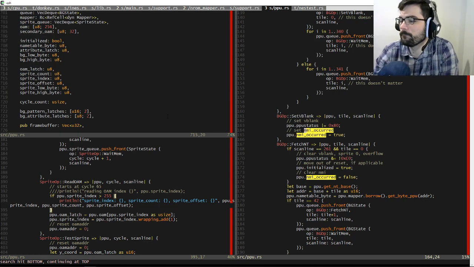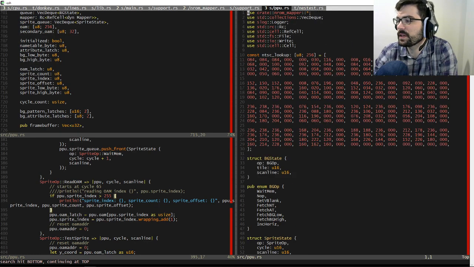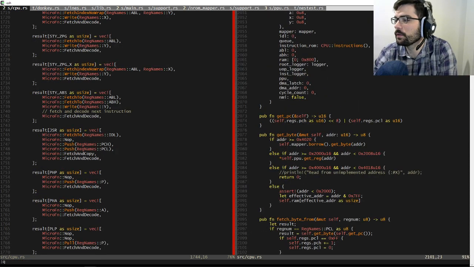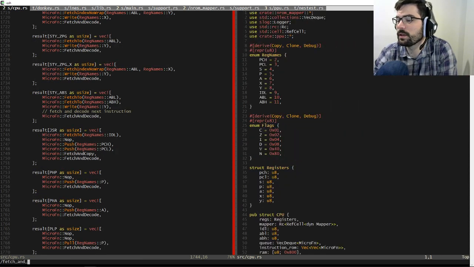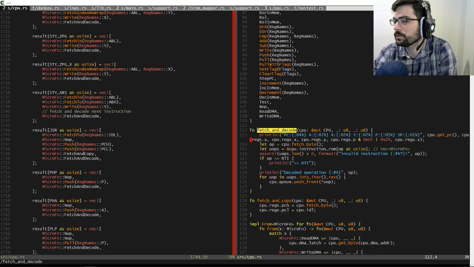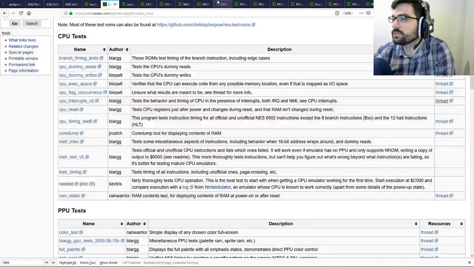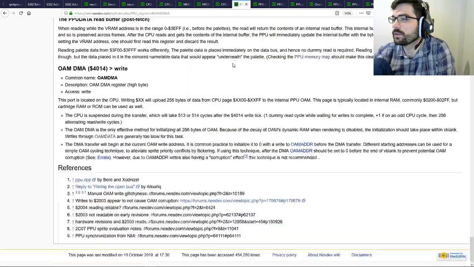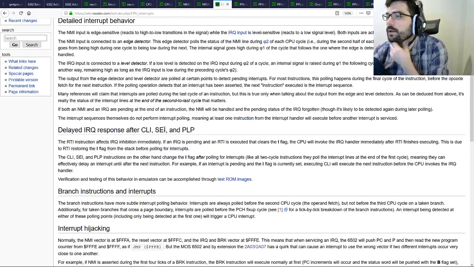All right. So let's fix that, huh? This is the CPU. Get rid of this. Fetch and decode. So that was saying when it gets checked. I probably don't need to care at that level of detail. Where'd that go? Here we go. Interrupts are polled during the last cycle of the instruction. This is true only when talking about the output from the edge and level detectors.